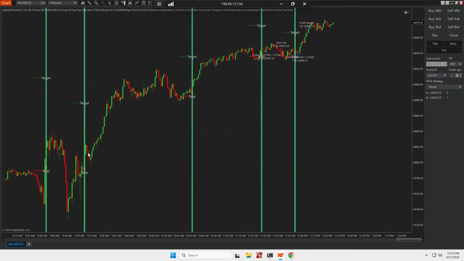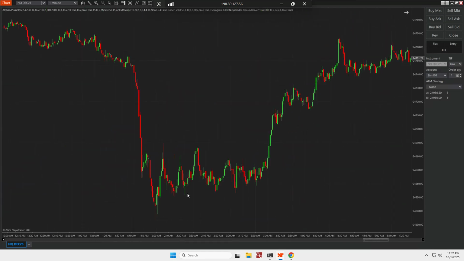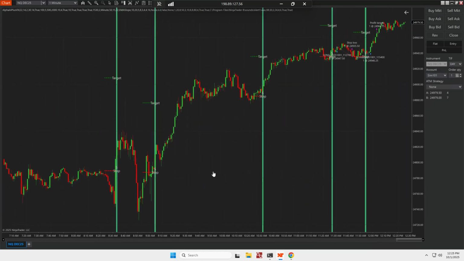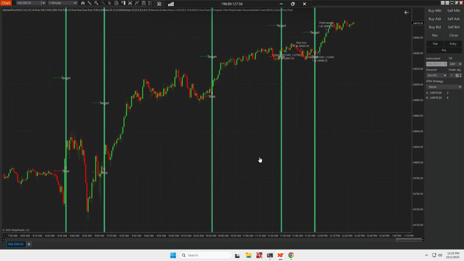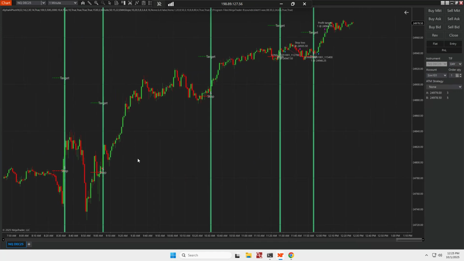And by the way, you can use this manually, or you can use it as a bot, because we have the indicator version out of it. You don't need to use it as a manual. You can just run it as a bot, and then you can use the indicator version. I'm going to show you in a minute how you use it as an indicator instead of a strategy. So if we backtest this one here,